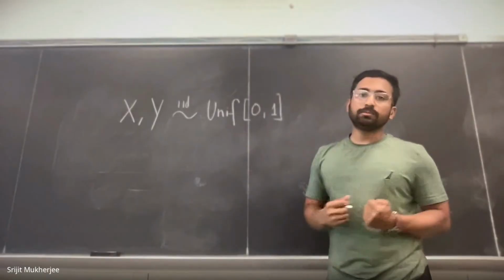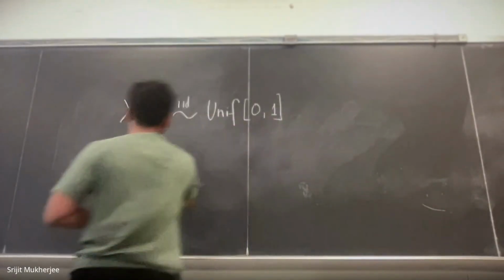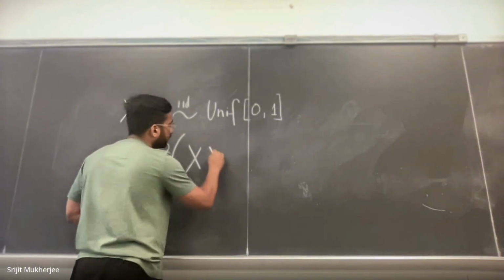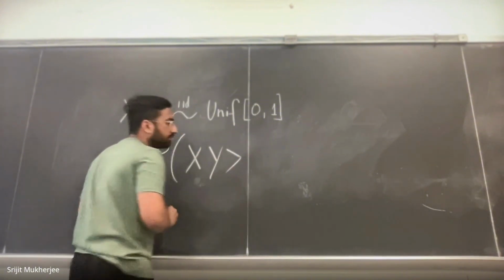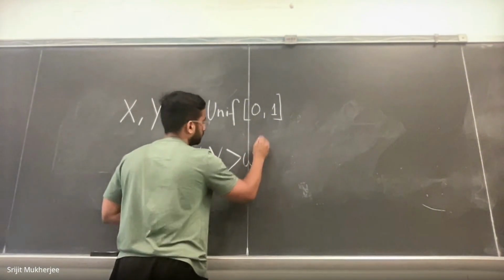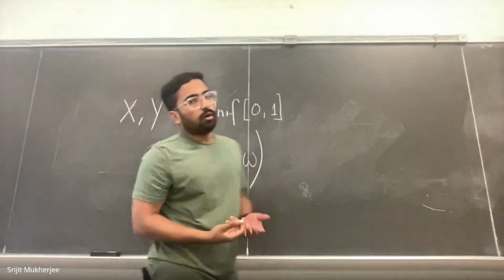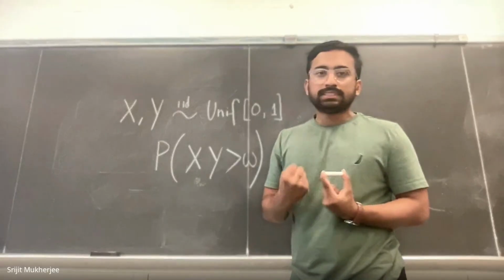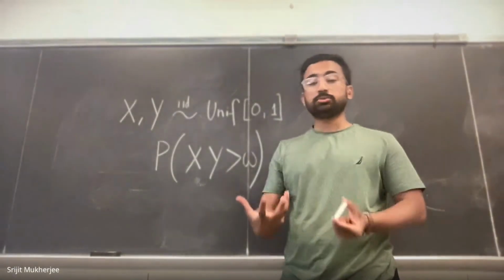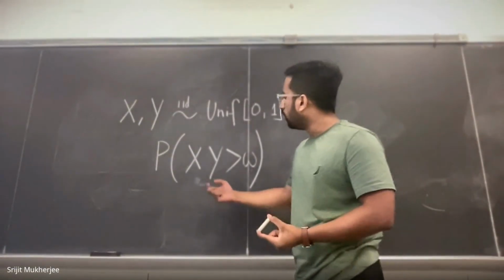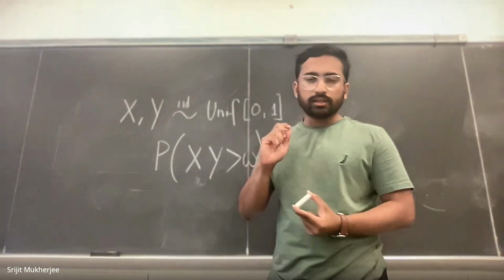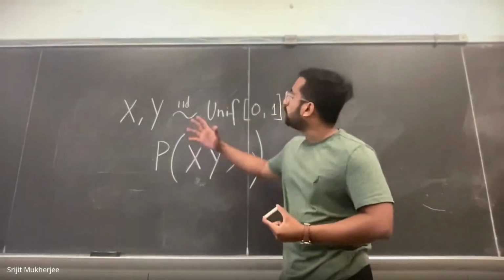then we have to find the probability that x times y is greater than w, let's say. In other words, you have to find the CDF, the cumulative distribution function of this random variable x times y. Now this may seem quite easy in the sense that x and y are IID,